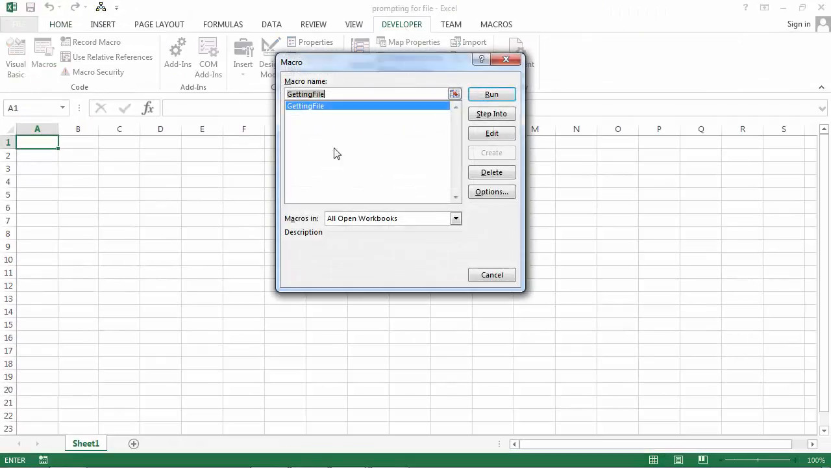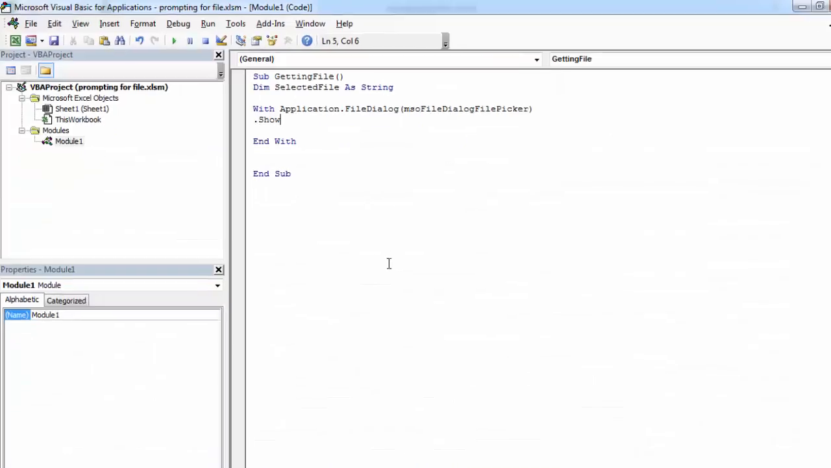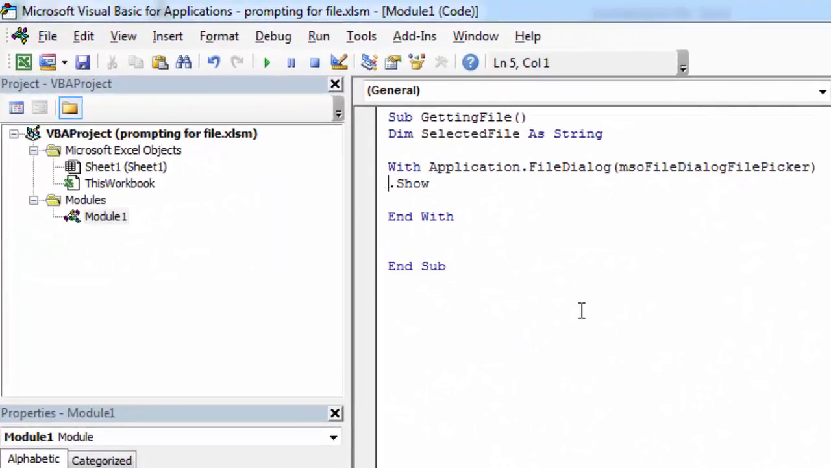Developer, macros, run. So we've got our dialog open. We haven't finished coding yet. We also need some code to get file name. First, let's check if user click OK. So to do this, let's type if show equals -1, then